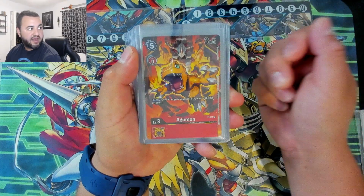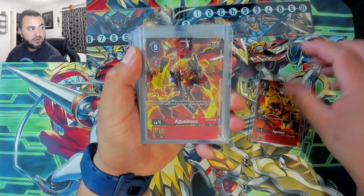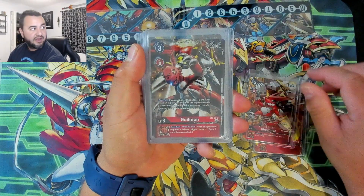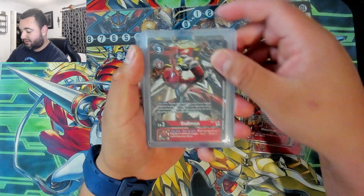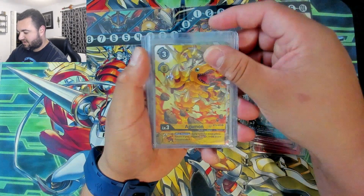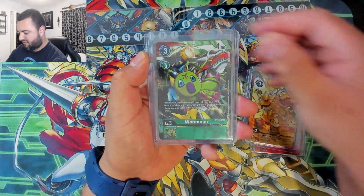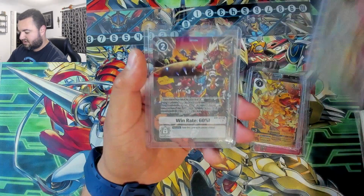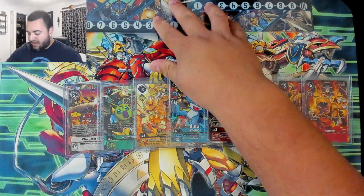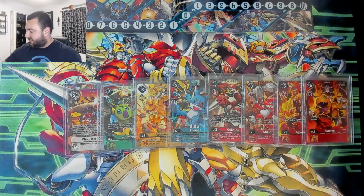So of course, we got Agumon, Anguinamon, Shoutmon, my personal favorite, the Digimon with Gallantmon in the background, Vmon, another Agumon, Shine Greymon in the background, Wormmon, and then the win rate of 60%. So this is what you get. These are the 8 cards. Again, custom artwork only you're going to find. Of course, you get the memory gauge, you get this beautiful play mat, you get some